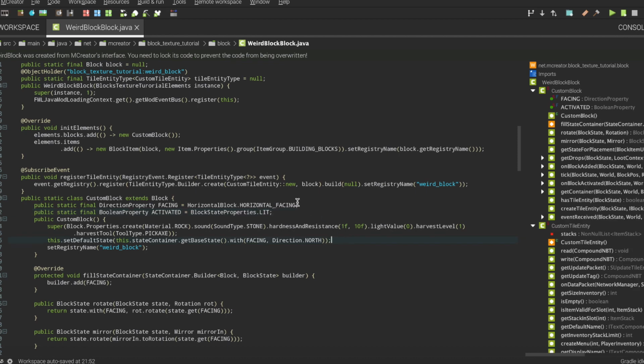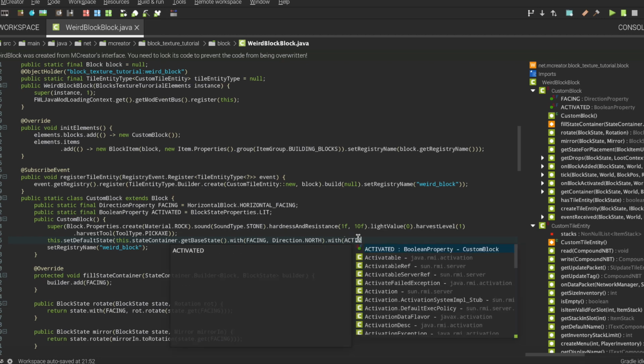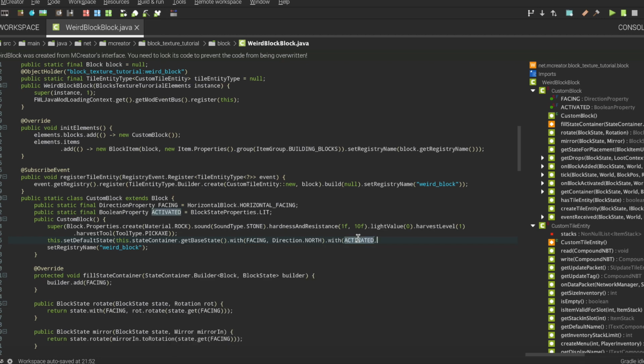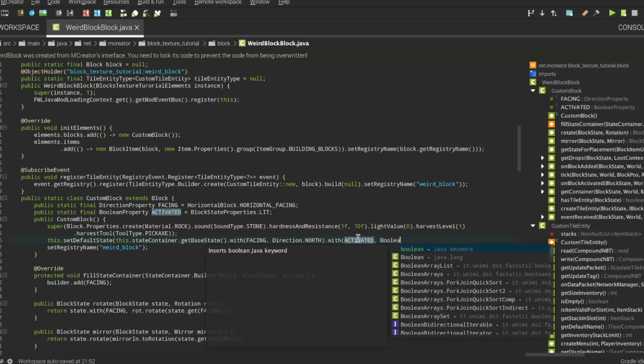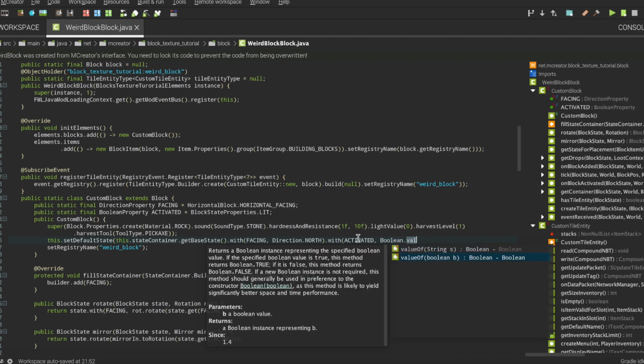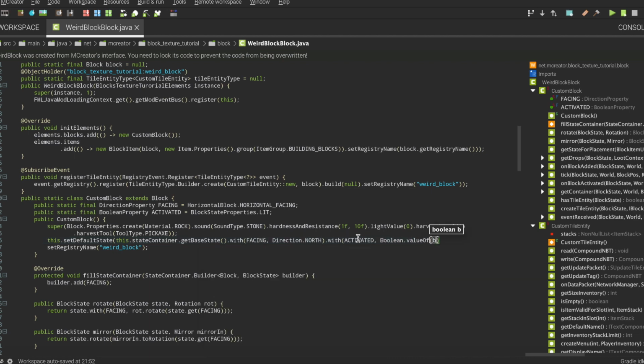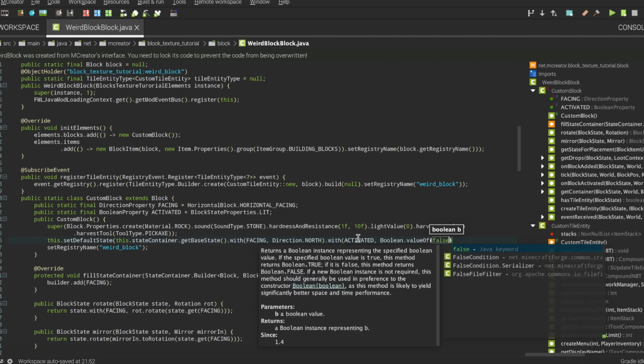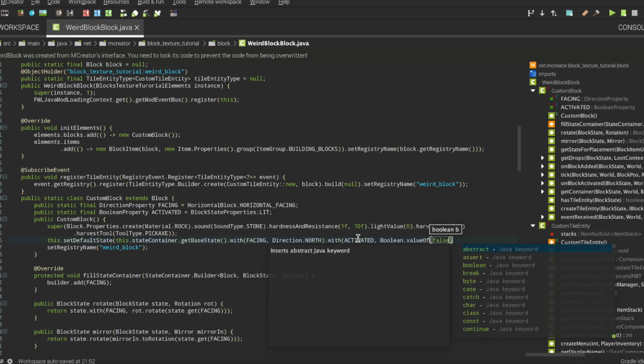Then right here we're gonna erase that, add a dot with ACTIVATED, comma, Boolean dot valueOf, and we're gonna set it to false because by default it's unactivated; if you want it to be activated by default you set it to true.